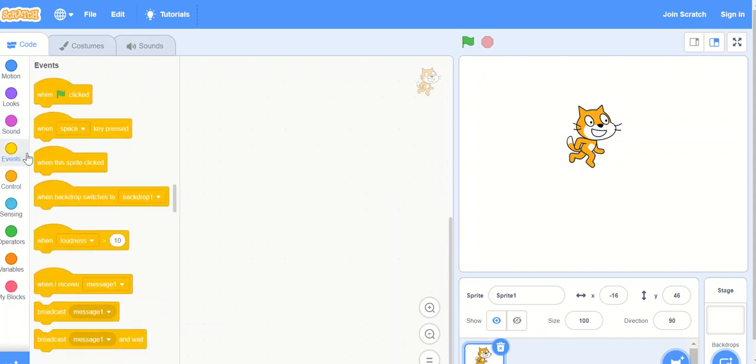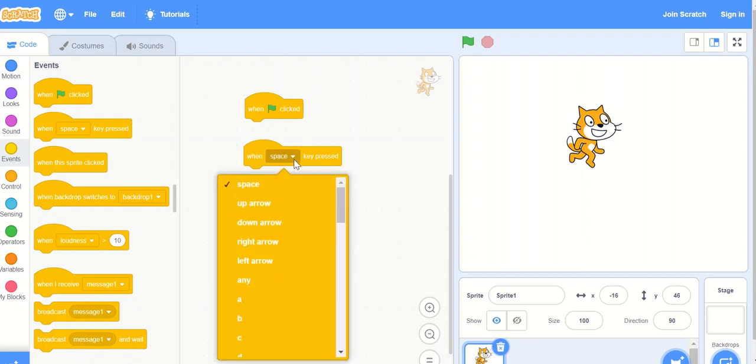Next is the event block. The event block is used to start the execution of the program. If you want your program to start by clicking on the green flag, in that case we use this instruction. But if you want to use the keyboard instead of the mouse, we will use this instruction, when space key pressed.